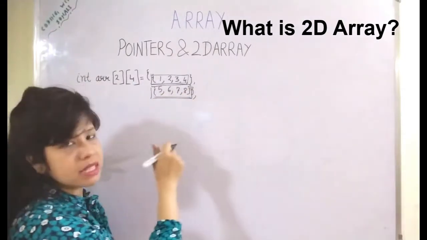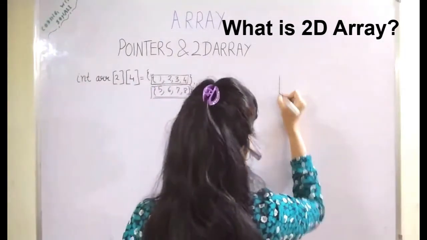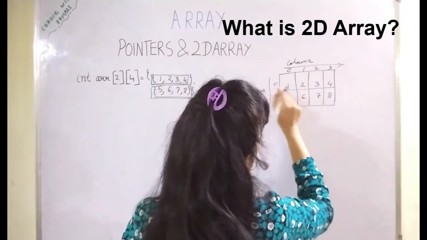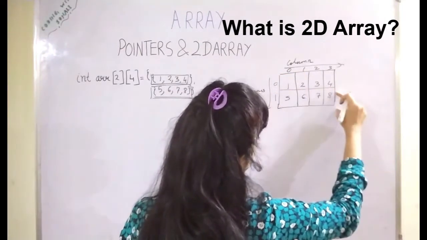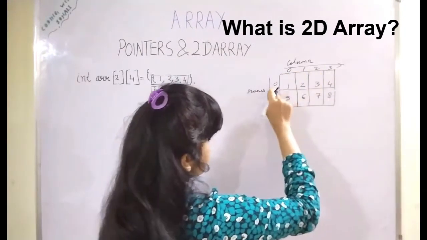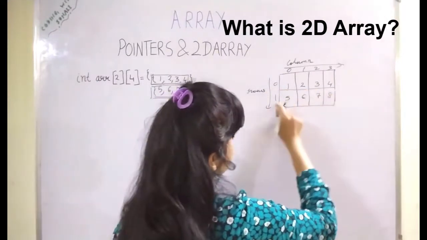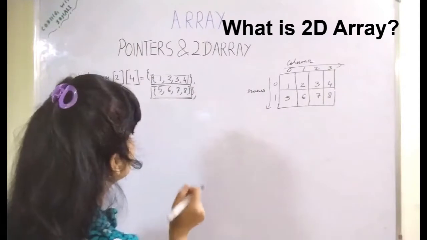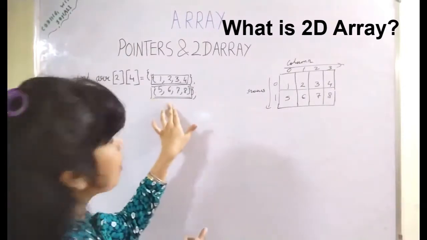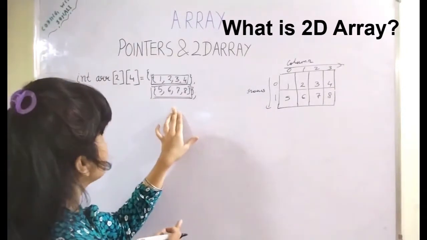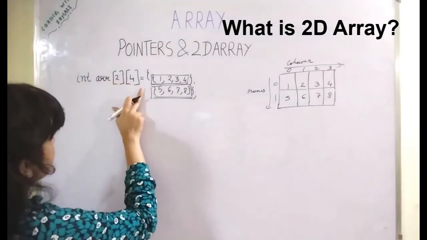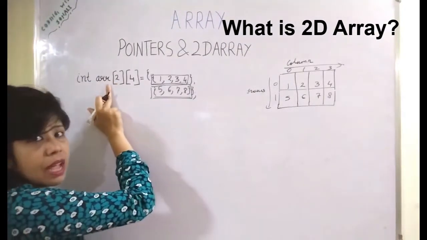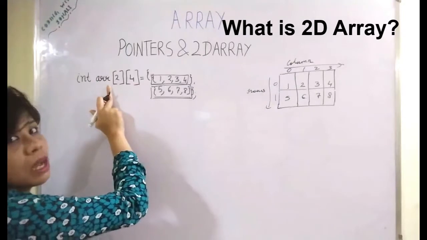How you represent it in the matrix, we have already seen. So this is your 1D array, and this is also a 1D array. The first element is present at index 0 and the second element is present at index 1. This is the definition of the 2D array, and this is the compile time initialization of the 2D array. In case of an array, the name of the array itself represents the base address.